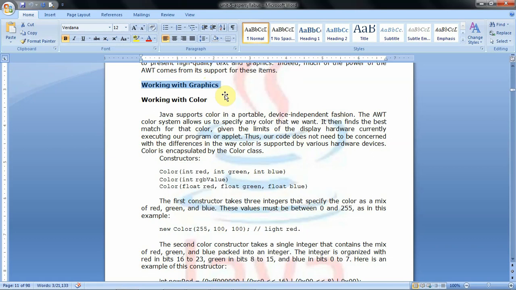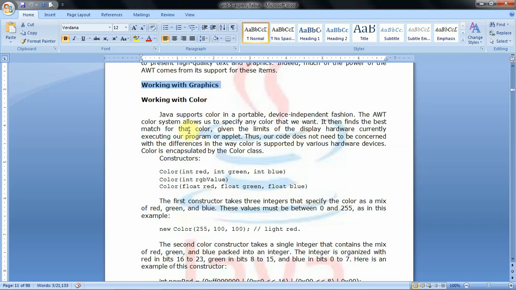In that we used the Graphics class with the paint method for making drawings, like drawing a message by using g.drawString, for drawing a rectangle g.drawRect, and for drawing a line g.drawLine. Those methods we already discussed in previous video lectures. Once again in this video lecture we will see the Graphics class briefly.